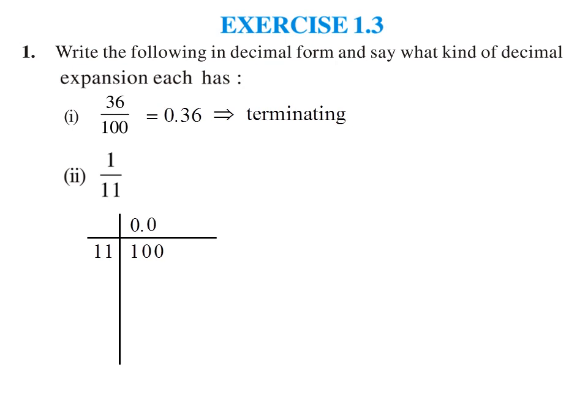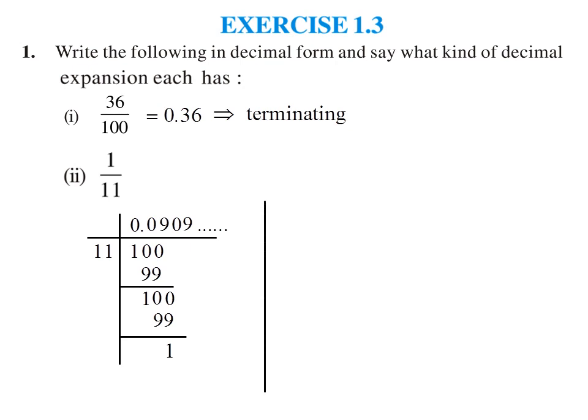Therefore it will become 100. Now 100 can be divided by 11. The nearest number is 9, so I am multiplying 11 by 9, which gives 99. Now what will be the remainder? Again the remainder will be 1. Now again we take a 0 carried forward, but again it will become 10, so we put another 0 and it becomes 100 again. Again we take 11 into 9, which is 99, so again the remainder will be 1. This process will go up to infinite time.